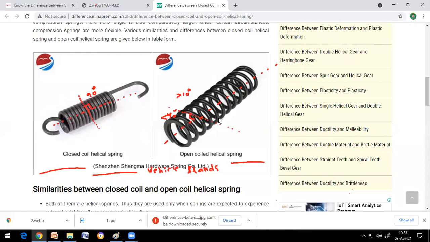Clear? Sir, closed coil helical springs also will resist torsion, no, sir, twisting. Adema, closed coil helical spring will only twist, but it won't bend. Okay? Okay, sir. Bend avadu. Enduku bend avadu cheppandi? Why? Because the pitch distance between two coils are not, I mean, won't have more. Okay? Space anedi ekkuva undadu. They are almost close anamata.